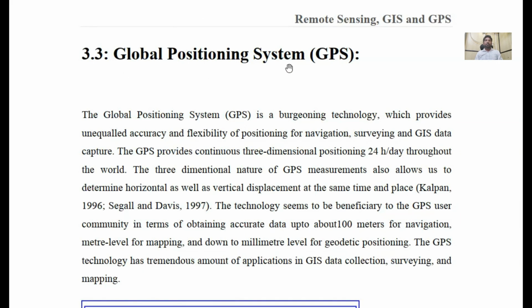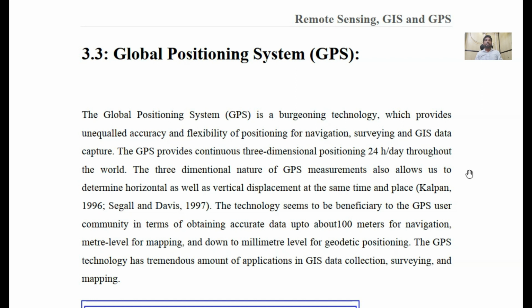GPS. The Global Positioning System is a bearing technology which provides equal accuracy and flexibility of positioning for navigation, surveying and GIS data capture. The GPS provides continuous three-dimensional positioning 24 hours a day throughout the world. The three-dimensional nature of GPS measurements also allows us to determine horizontal as well as vertical displacement at the same